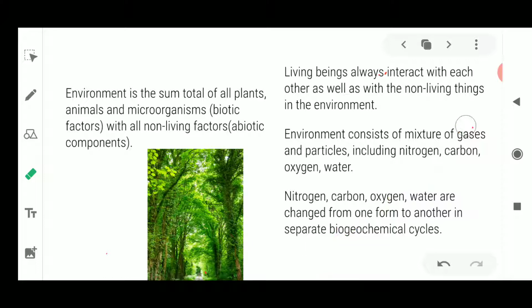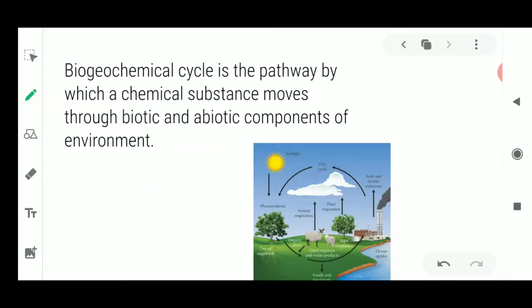So this water cycle is going to circulate the water from one form to another form. Once the water evaporates, it goes into the atmosphere in the form of water vapor. Then it is going to condense in the form of clouds, and if the clouds are much more laden with water, it is going to be precipitated in the form of precipitation. Here the biogeochemical cycle is a pathway by which chemical substances move through the biotic and abiotic